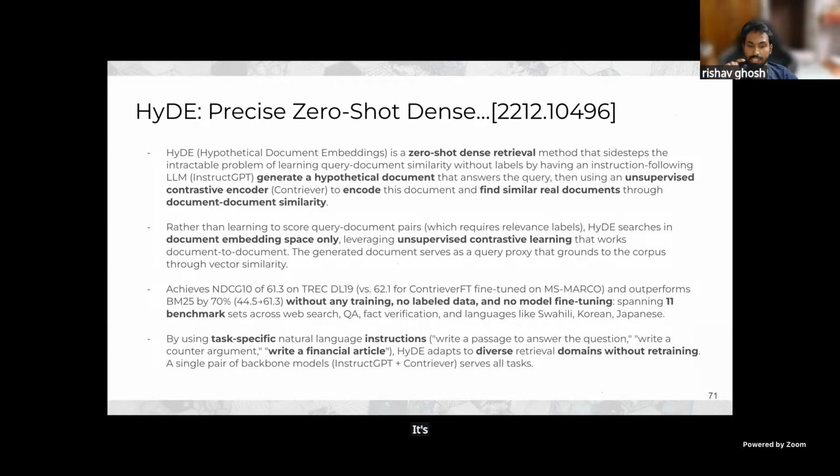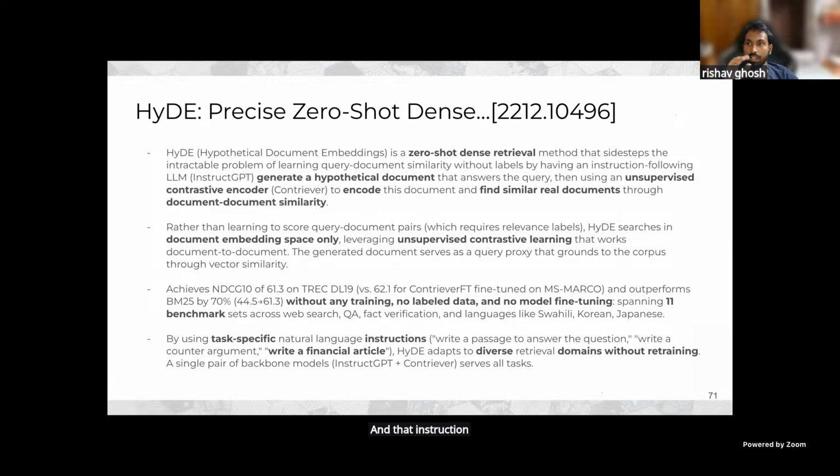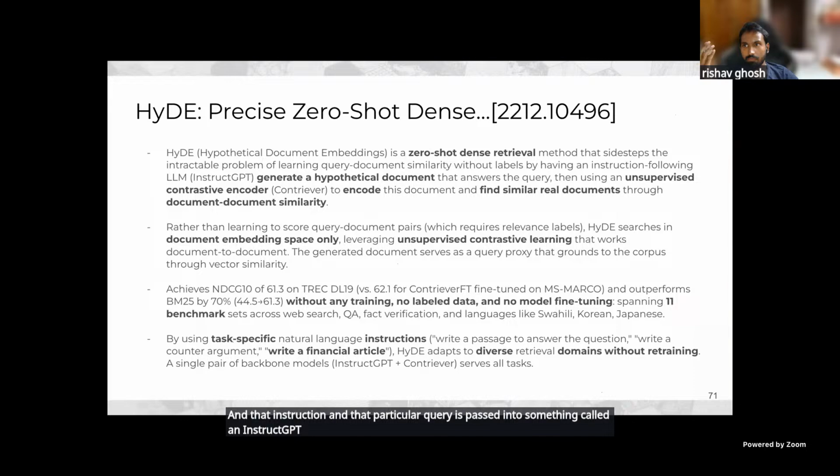It's more like they human annotate those queries as a query about a multilingual context, or a scientific document, or a general web search query.